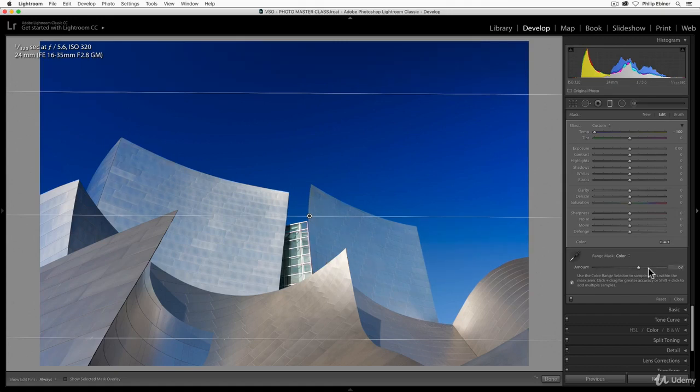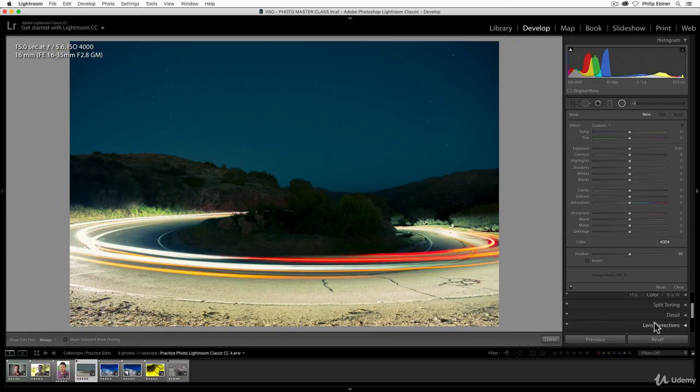You can adjust sort of the amount of how this is being applied. If I drag to the right, it selects more of sort of the previous image, so the building actually gets more of that adjustment. If I drag all the way to the left, then less of sort of that filter is being applied. We can still see what's happening by turning this on and off, but it's being applied mostly to just the sky.